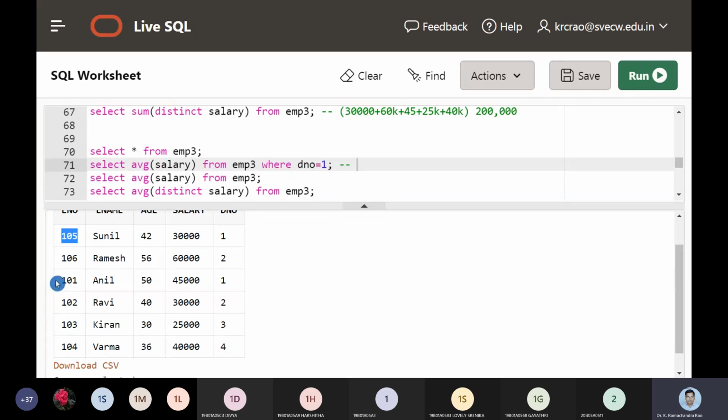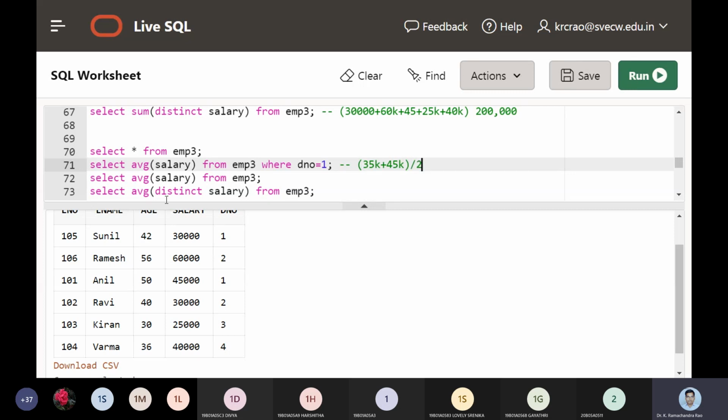In department number 1, we have another, 101, working. Sunil and Anil are working, so that is 30,000 and 45,000. So we should get an average of 30K plus 45K, divided by 2. Whatever the answer is, we will get the value here.